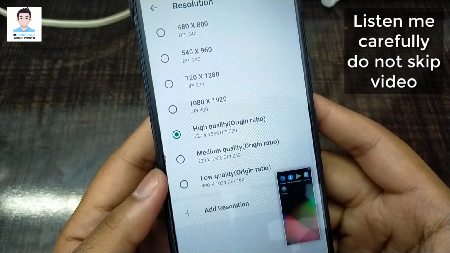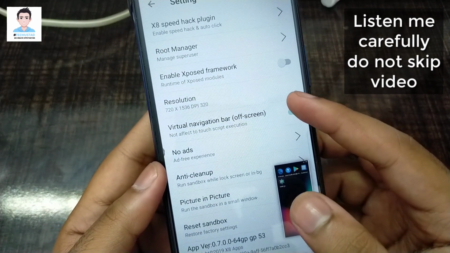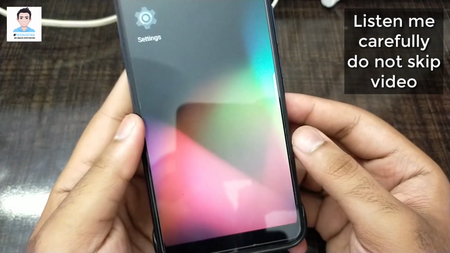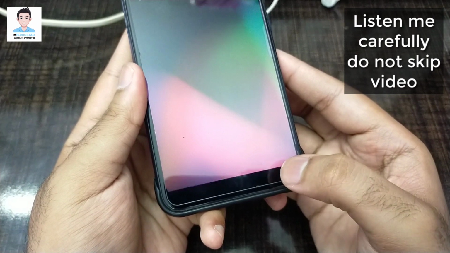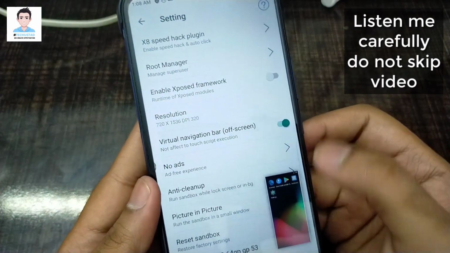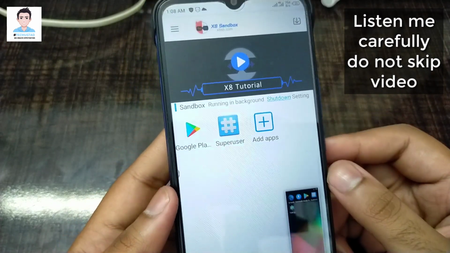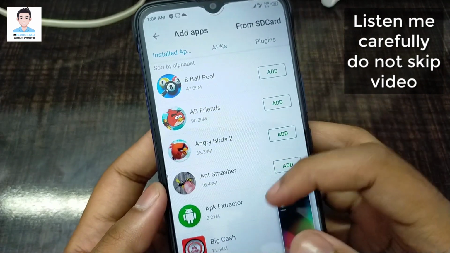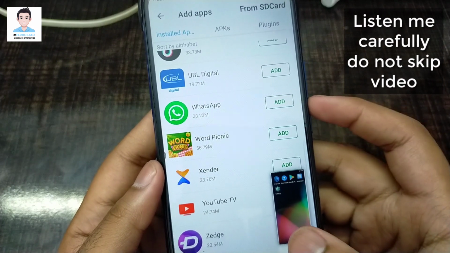You can change the screen resolution of virtual machine, and also you can change the navigation buttons position. Now my navigation buttons are at bottom, as you can see. Now guys, go back. And if you want to import any application from your real Android device, click on the plus button, and there is list of all applications which I have installed on my real device.